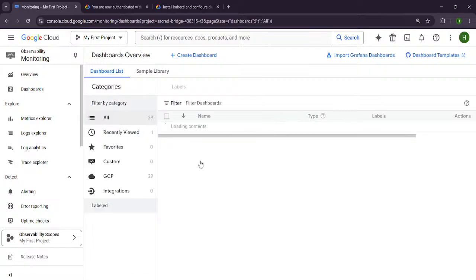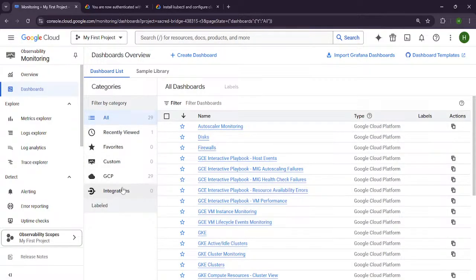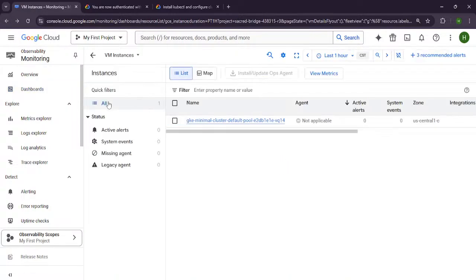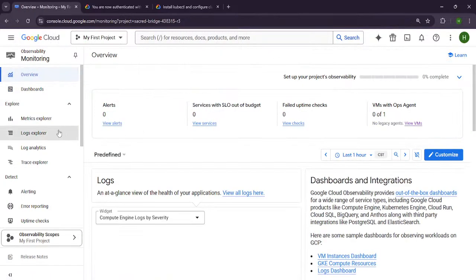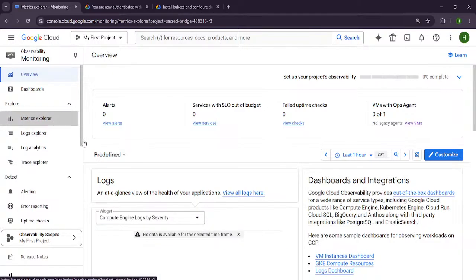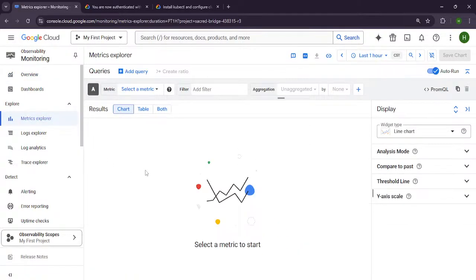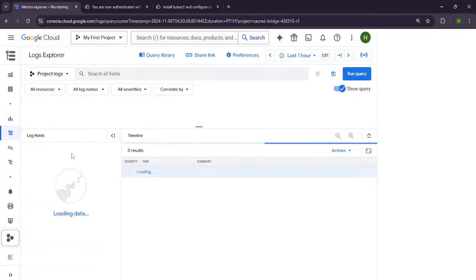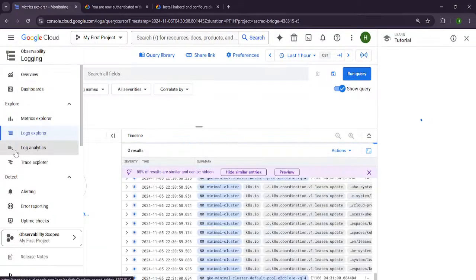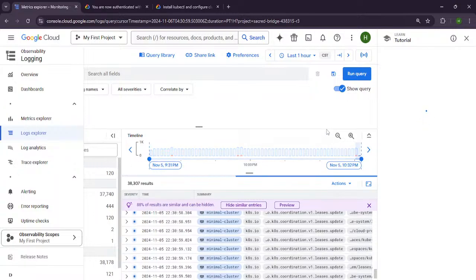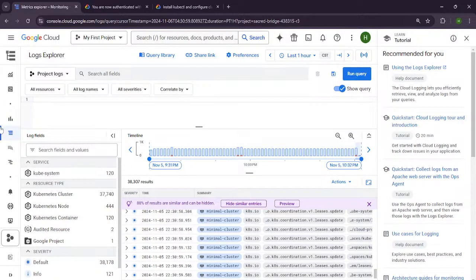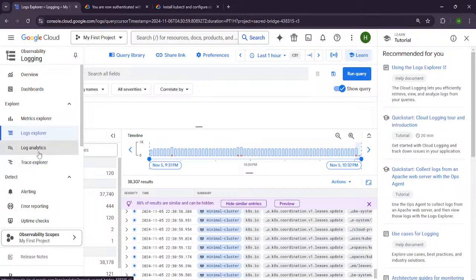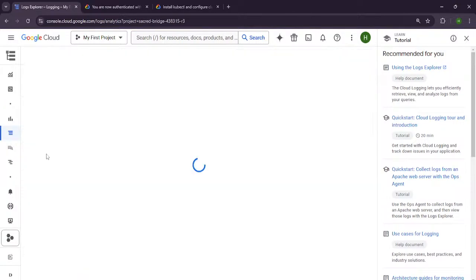So let's just go back. These are the dashboards. Let's go back again to the overview. Metrics Explorer. We're going to add a query, Logs Explorer. So these are different logs. Okay. After that, we have Log Analytics. And we also have